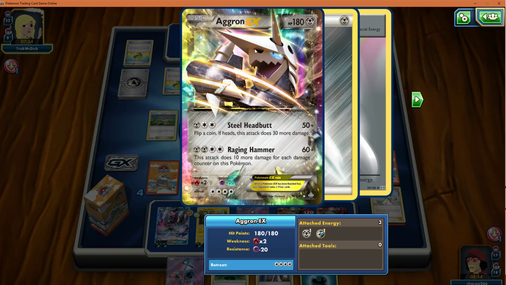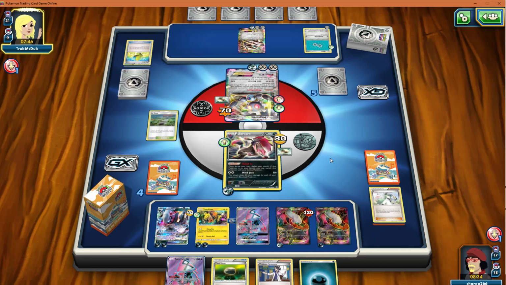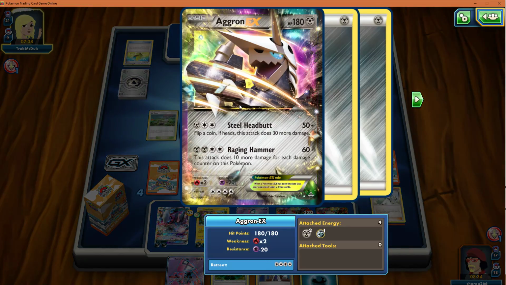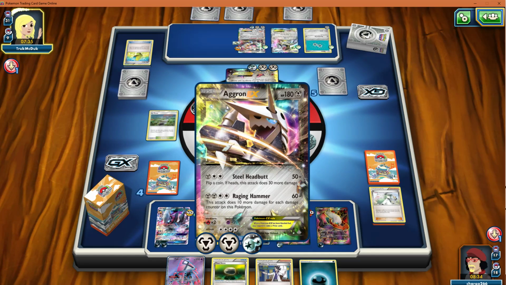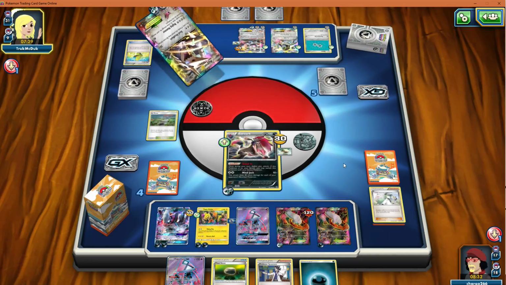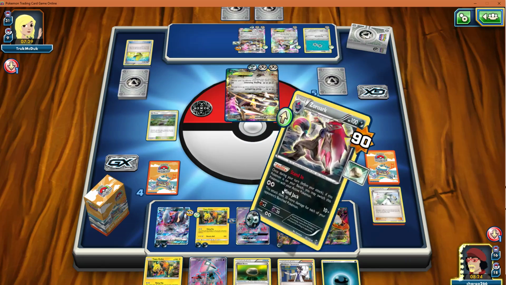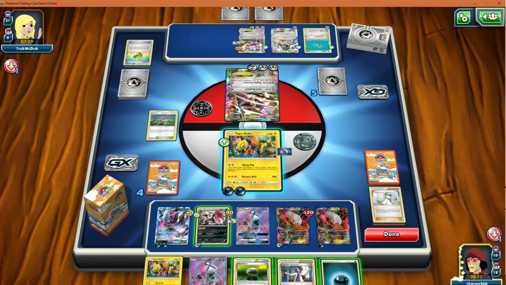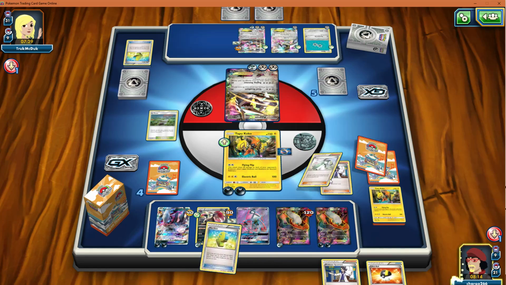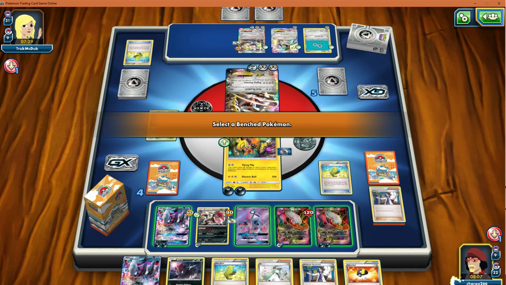Wow, is he going to get... Huh, so we gotta knock that out in one shot. Well, he can one-shot me, so I should be fine. Found a second Coco. Let's retreat in 2 Coco. The energy here. And we'll actually Sycamore right now. Let's Elixir. Found an energy. And I think